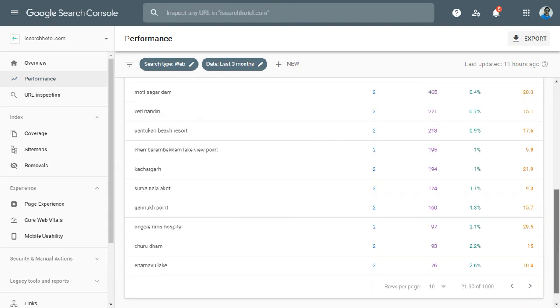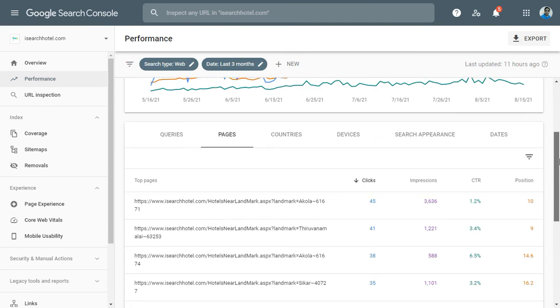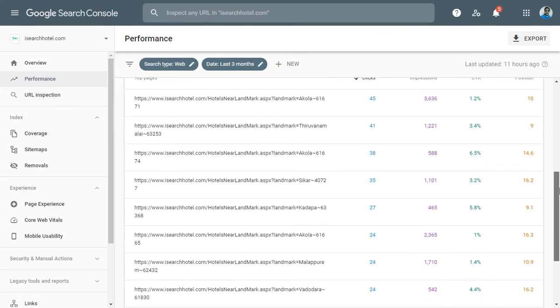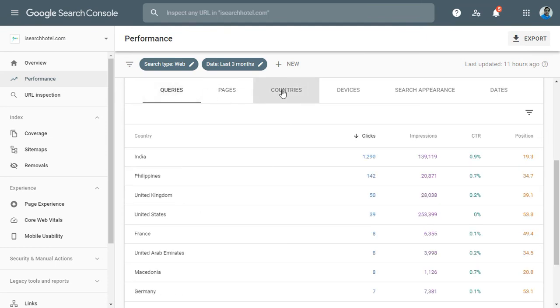And if keywords are not as per what I have targeted, then I have to work on my website. Other indicators are the pages being shown in Google search. I can see the list of pages, and for each page how many clicks I am getting in the last 3 months, the impressions, the click through rate, and the position. The same data is also available for queries, and another indicator is country.